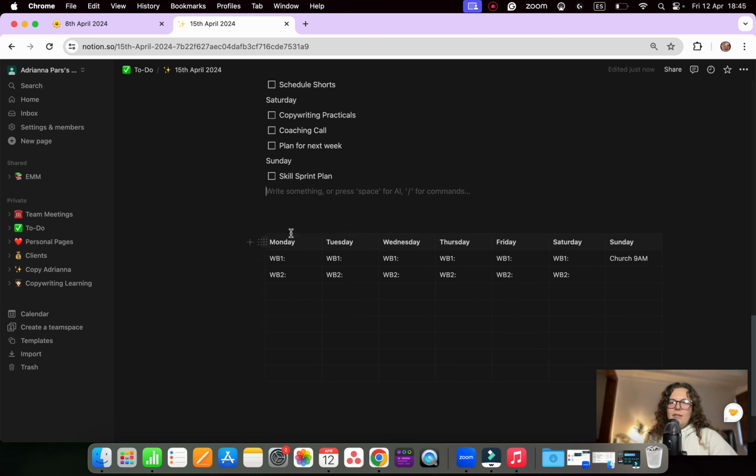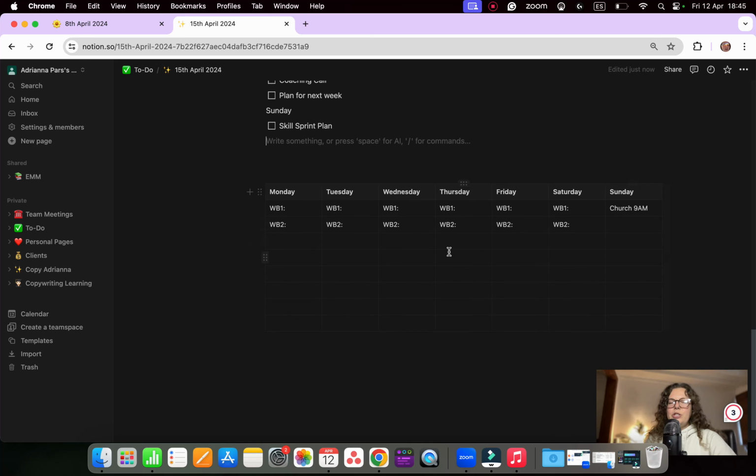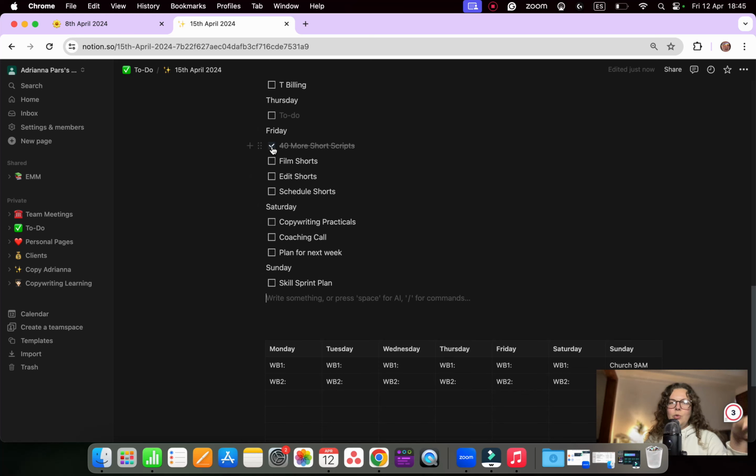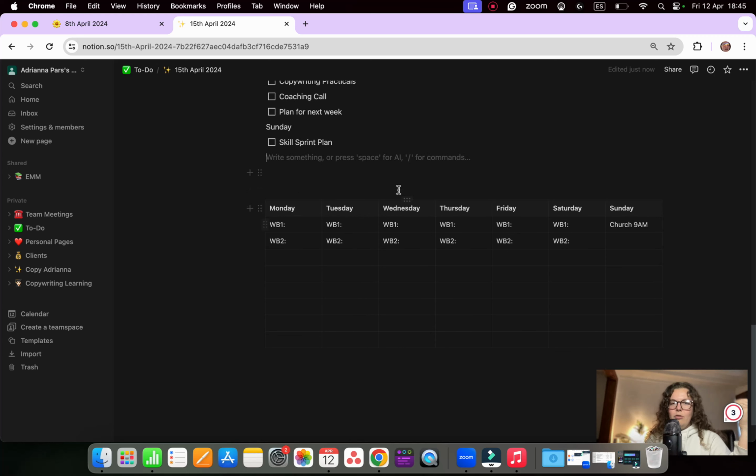And then what I have at the bottom, and I think this is crucial, is a table like this, which helps me visualize the to-do list. So sometimes having this type of list is good where you can just cross things off, but sometimes seeing how much you're actually doing in a day and then dividing it into the different work blocks helps to understand everything.